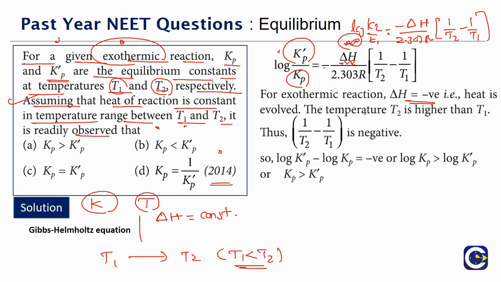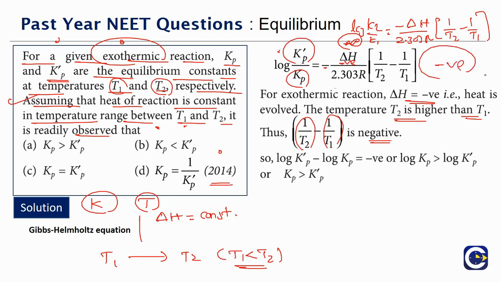And T1 is less than T2 means T2 is more than T1. So 1 by T2 will be a lesser term than 1 by T1, because if T2 is more than T1 then 1 by T2 will be lesser than 1 by T1. So the overall 1 by T2 minus 1 by T1 is going to be negative. So minus into minus is plus, plus into another minus will be